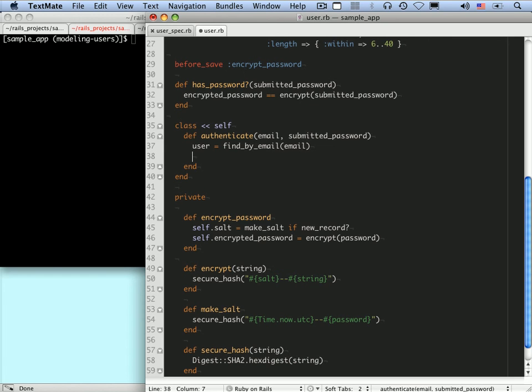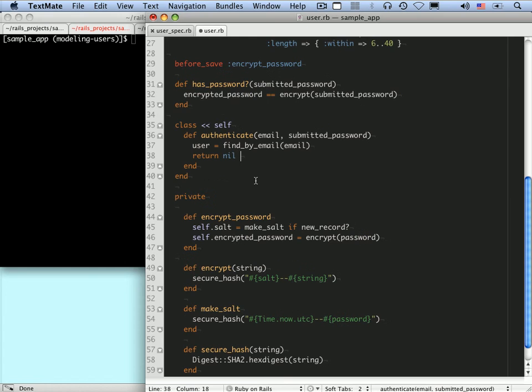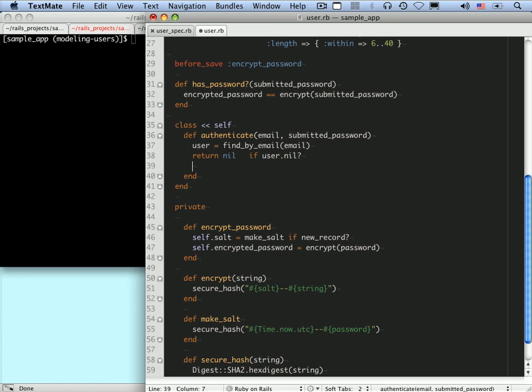And so now I'm going to be very explicit about what I'm returning. There are several ways to write this, and if you look at the Ruby on Rails tutorial book, in the exercises for Chapter 7, there are a whole bunch of alternate ways to do this. But this is a very clear, explicit way of doing it. We're going to return nil if, well, what happens if there is no such email address? So this is the case here, an email address with no user. Well, find_by_email in that case will just return nil. So we're going to say return nil if user.nil. So if there was no such user with the given email address, then just return nil, and then return the user